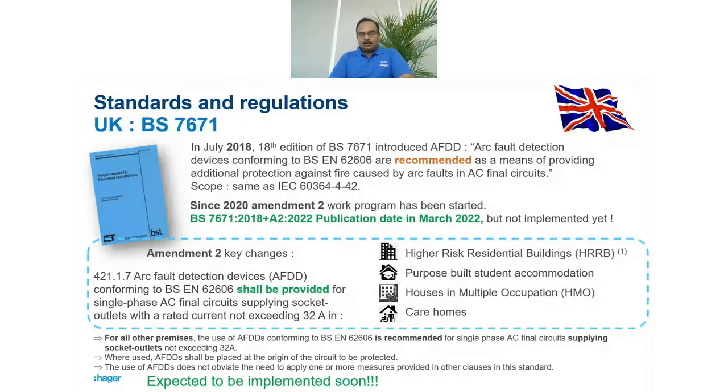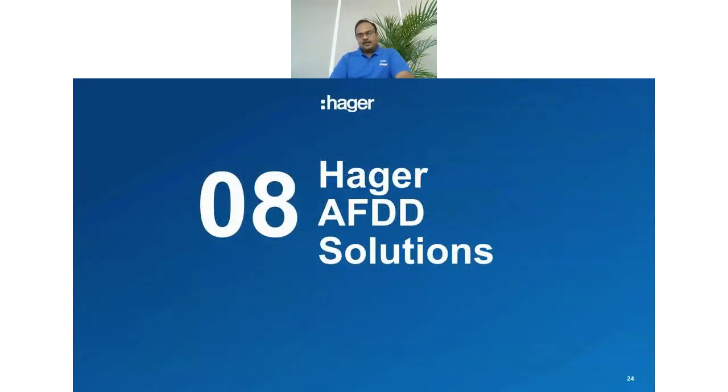As we come a little closer, I wanted to say what we have as a solution from Hager. This could also be something you might be wondering. We talked about AFDD, and is there already a solution in place, or is it still an evolving topic? Like I said, in Germany it has been implemented since 2014. So the product is not an imaginary product. Hager and the market actually have AFDD, which is a solution. But what we need to look at is